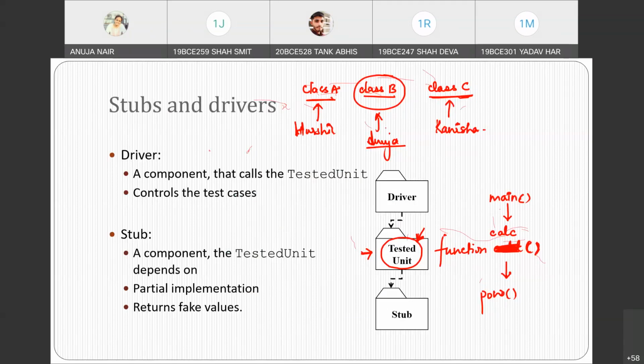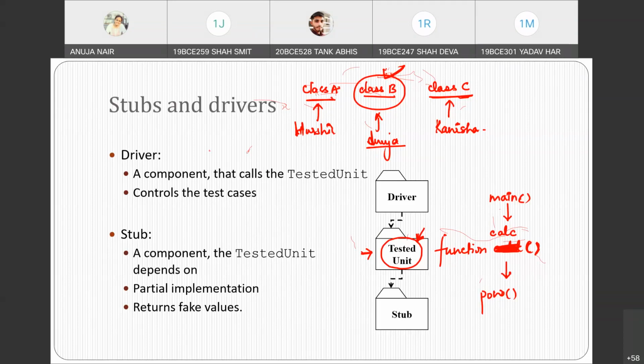So I have made this particular module and I want to test it. But I know that I require some values. Class B requires some calls from class A and some values from class C, right? So class B is dependent on class A and class C. I am not going to wait for Harshal and Kanisha to complete their work.